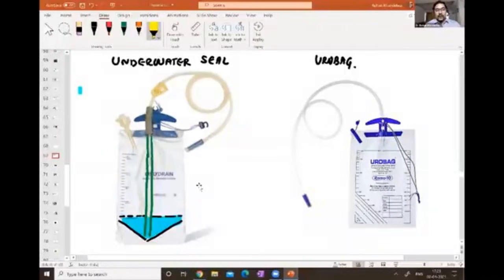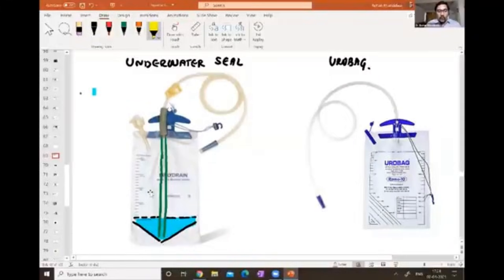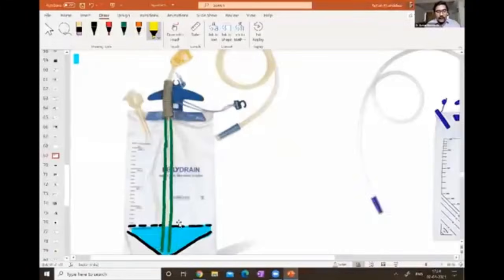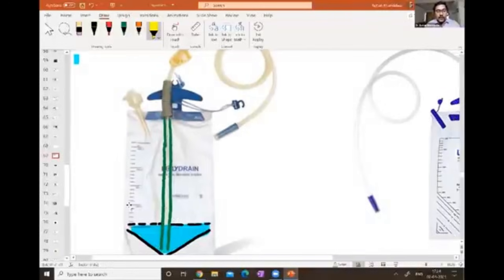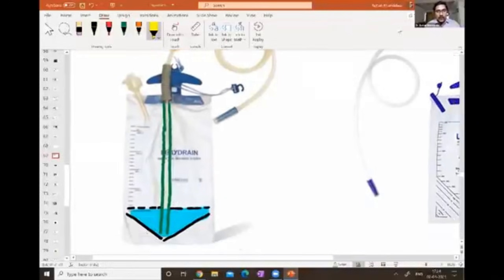The other one which I've labeled is an underwater seal. The underwater seal is connected to a chest tube. And this is a special bag which is connected to the chest tube. What is so special about this underwater seal bag? You have the tube running right down to the bottom, and the lower end of the tube is submerged underwater, and the reason why we are submerging it underwater is so